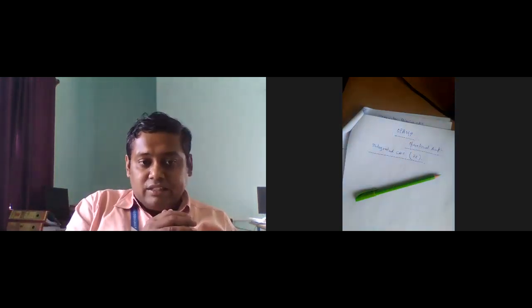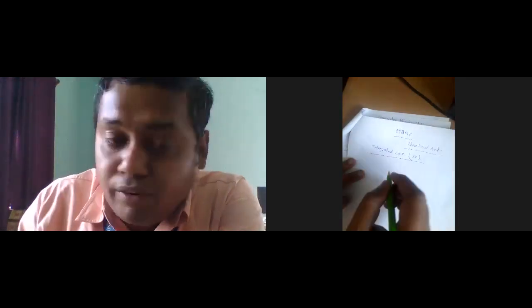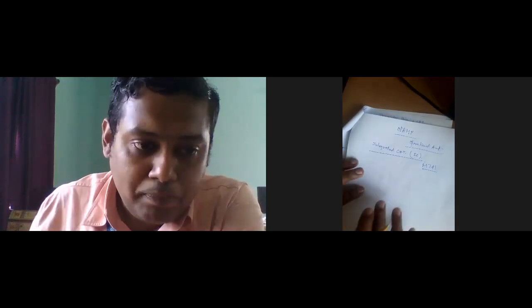For that case, when we introduce this IC, the suitable IC for the operational amplifier is M741. This is the IC. I will just draw the IC structure. There is a pin configuration of the IC here.